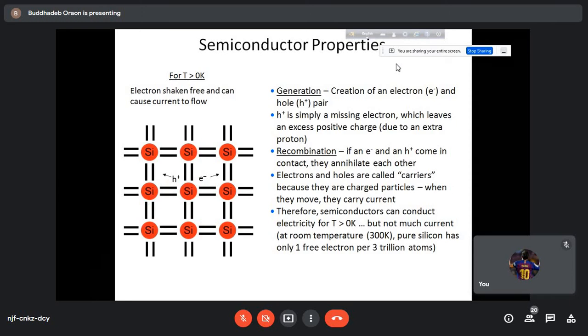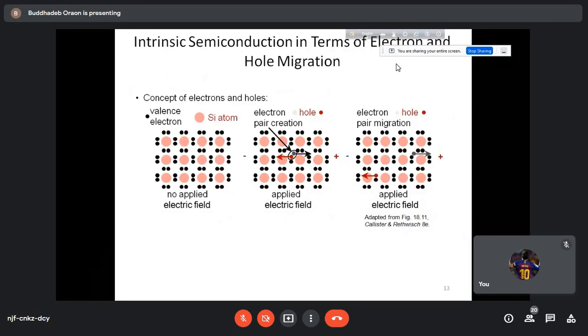So here, what happens if you increase the temperature? As you know, some of the bonds may break and we can get some free electrons, not in large number but comparatively less. And so as you increase the temperature from absolute zero, the semiconductors tend to become conductors because you are getting the free electrons. So these are some of the diagrams you can just see.